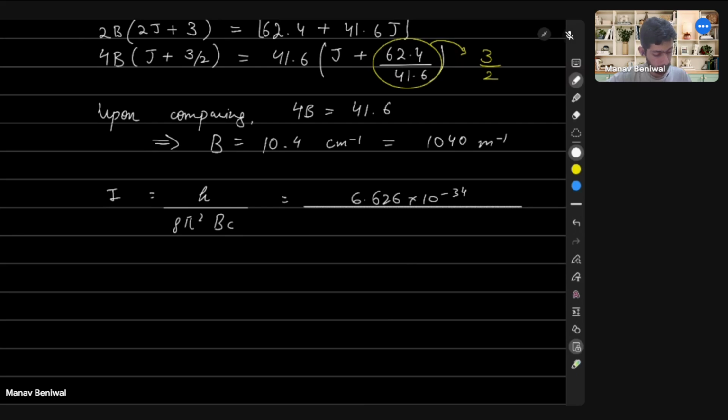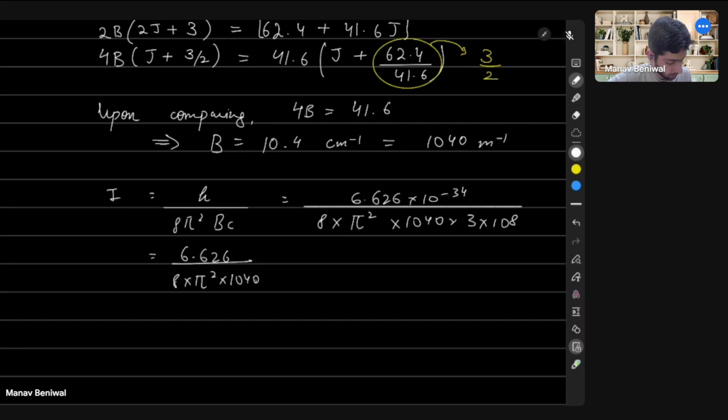Okay, so all good now. So this becomes 10 to the minus 42. Let me plug this in the calculator, and what we are getting is